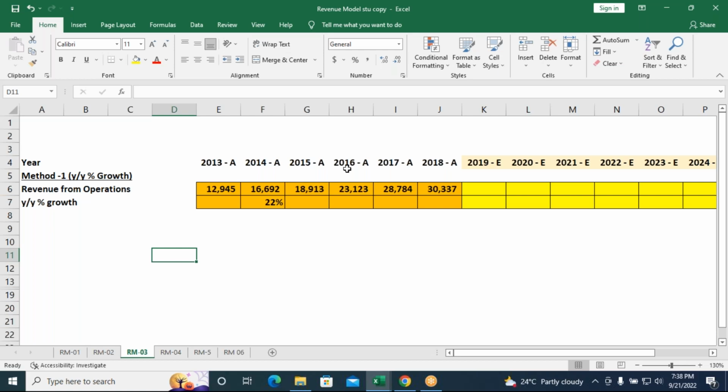Okay, let's go to the revenue model 3. So here they have given the calculation. So here I need to calculate what is the value that I am going to get. So here they have told that it is 2013 to 2018, where the values are actual, means A stands for actual. Okay. So this one is,